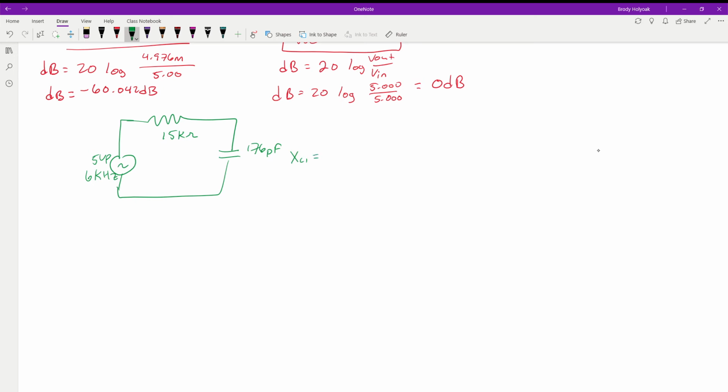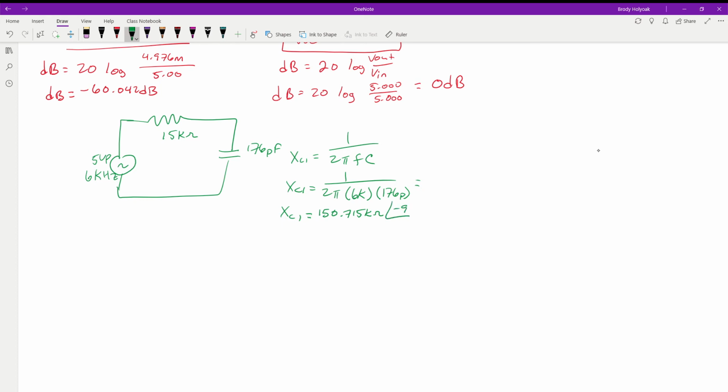So the first thing we need to do is solve for our X of C1 at 6 kilohertz. So remember, 1 over 2 pi times the frequency times the capacitance. So X of C1 is equal to 1 over 2 pi times 6,000 times 176 pico. The reactance that we get out of this guy is going to be equal to 150.715 kilo ohms